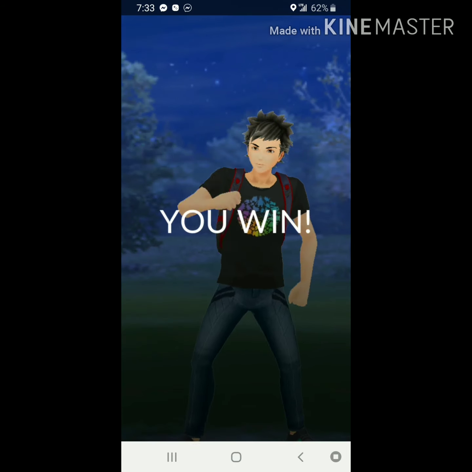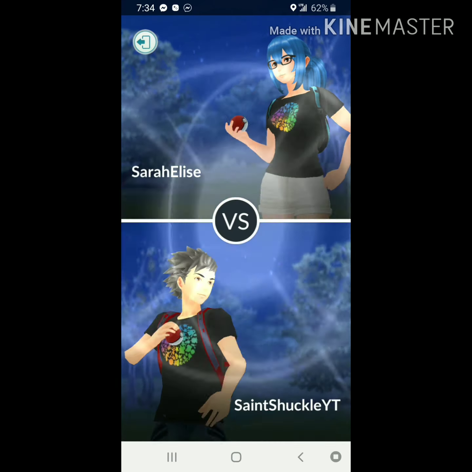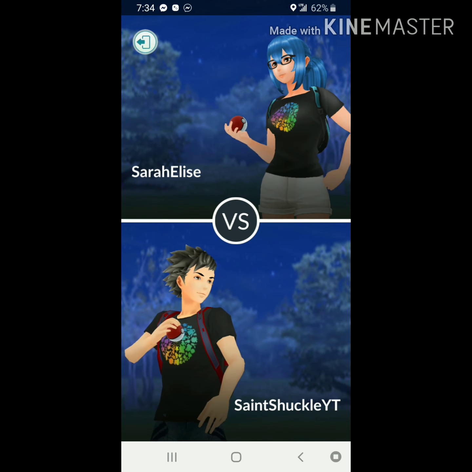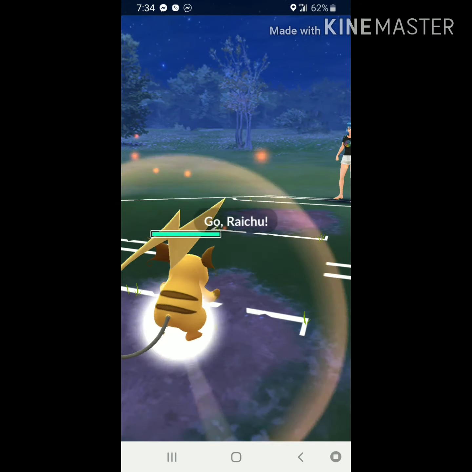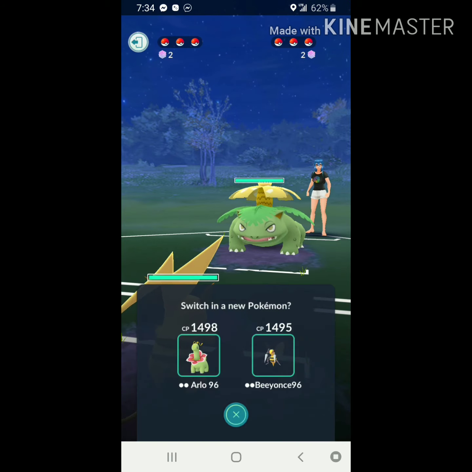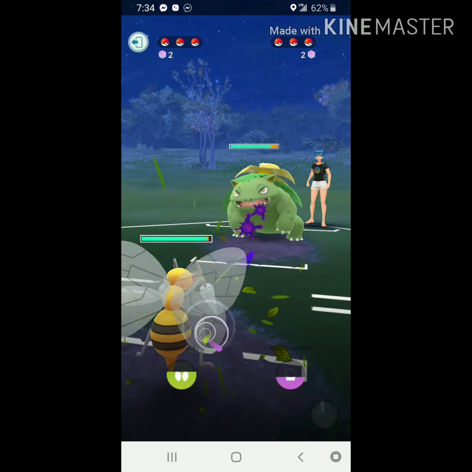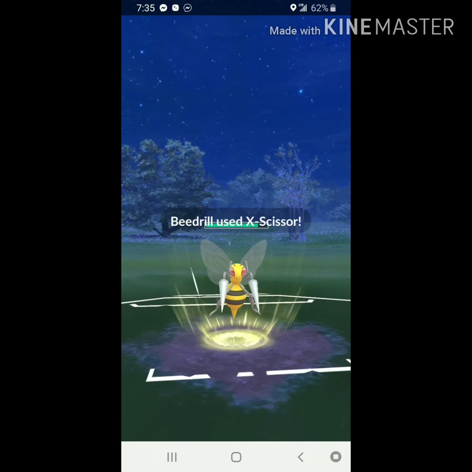In this last matchup, we're going to go ahead and focus on Meganium one last time. We're going to lead with Raichu. We're going to have Meganium in the middle and Beedrill in the back. See how that team comp works out for us. So our Raichu is going to go against a Venusaur, which is a very, very bad matchup. Venusaur resists everything we have, so we're going to bring out Beedrill and farm that X-Scissor, but she switches